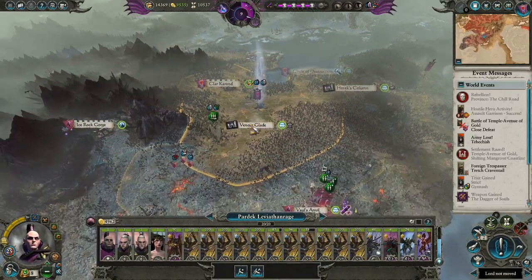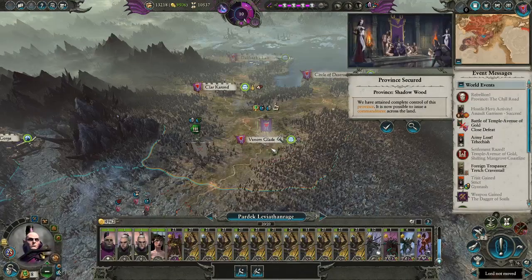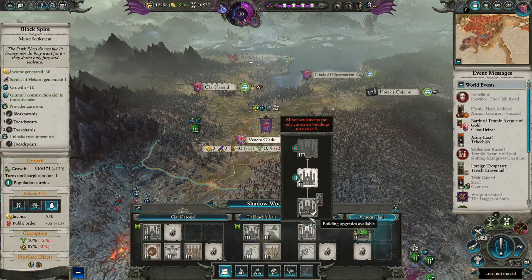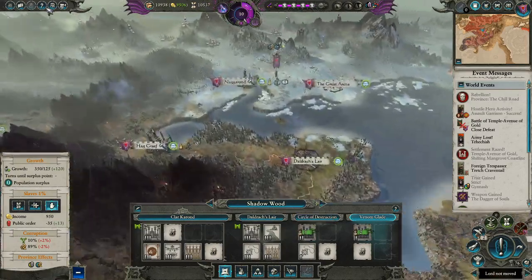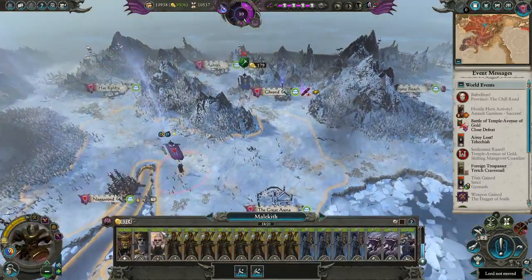Okay, Venomglade is mine. To the fray. We will colonize. Very good. Back into the fold. Ooh, man, it's been a little while since I got a chance to play, so...